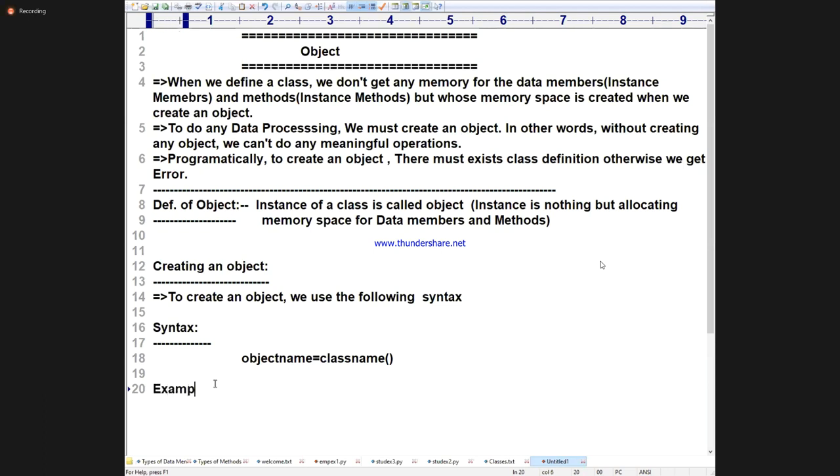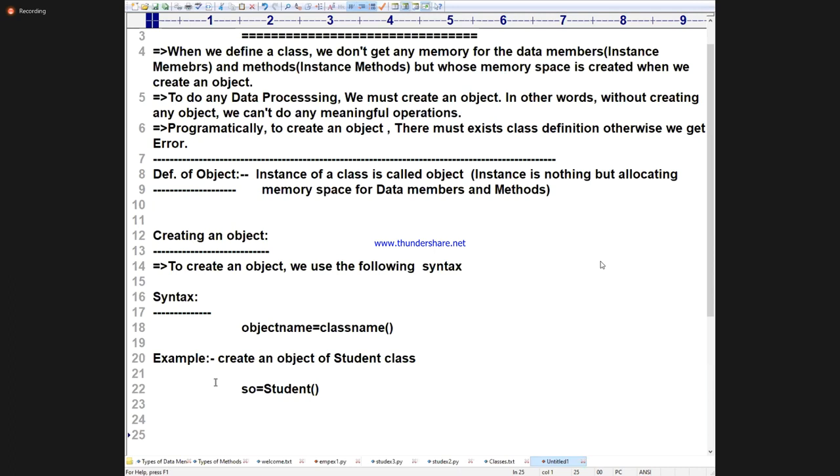Sir, example, sir. Create an object of which class? Student class, sir. How do you create it, sir? SO is equal to student of. Here, SO is called the object name.